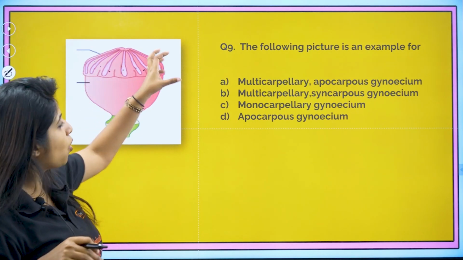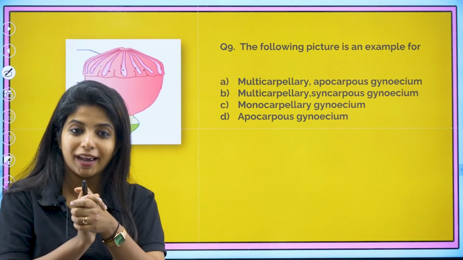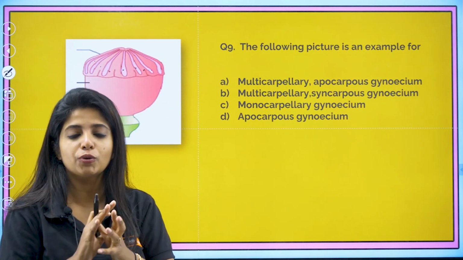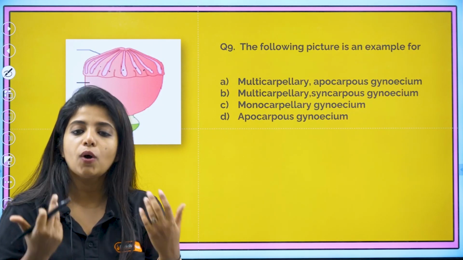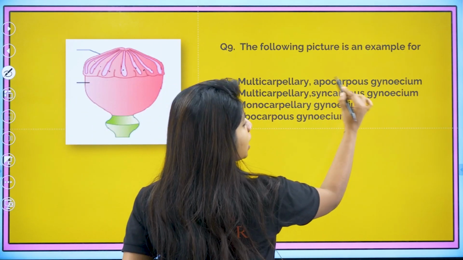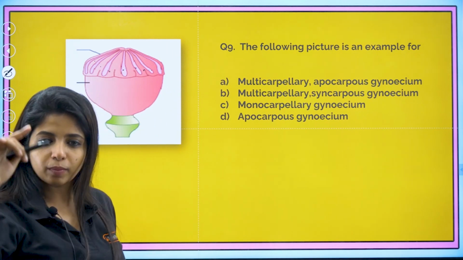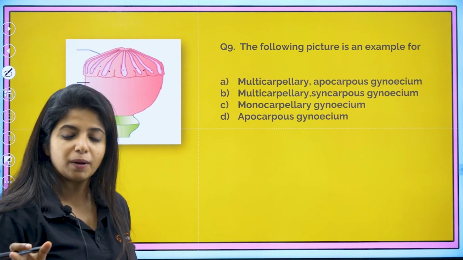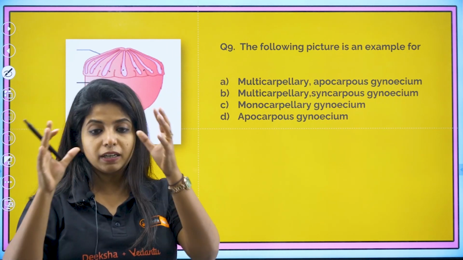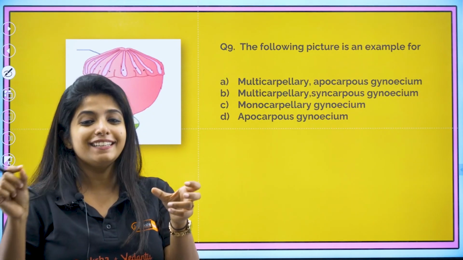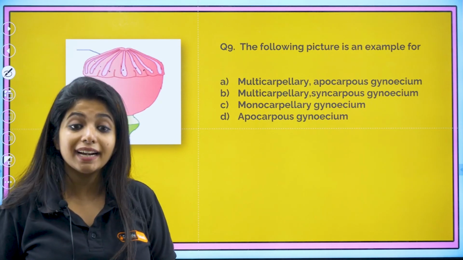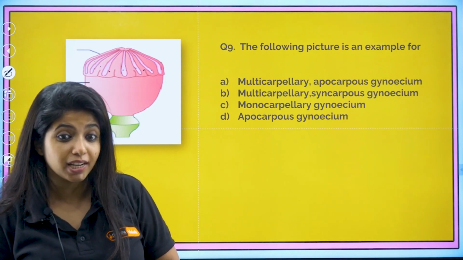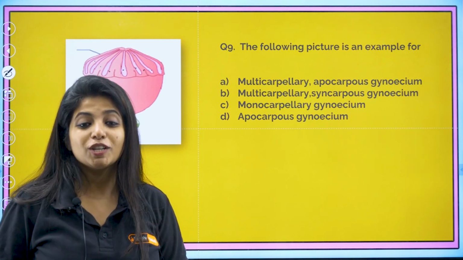Now the carpels, all of them, they are actually fused together. That means they all will be having one ovary, my dear children. What do you call this condition? Multicarpellary and apocarpous gynoecium? Gynoecium is the female reproductive system. No, it's not apocarpous. Apocarpous means all of them are multicarpellary, but they have different ovaries. That is the apocarpous condition. You see that in Michelia. There is a plant, Michelia. You also call it champak or chambagam.